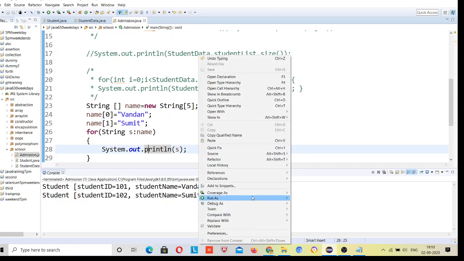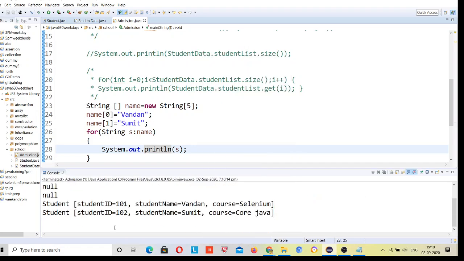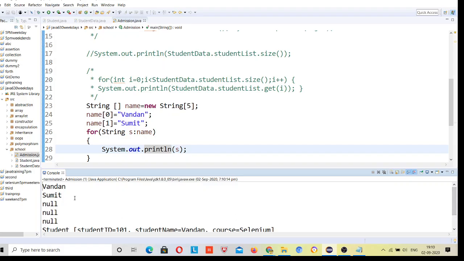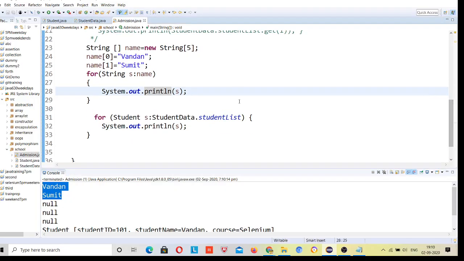Suppose I run it. See, the first value is Vandan and the last three values I have not assigned, that's why by default they are null. What happened is, this array was the same thing as the array list, just understand it for concept purposes. String is a class, so this is just an object.